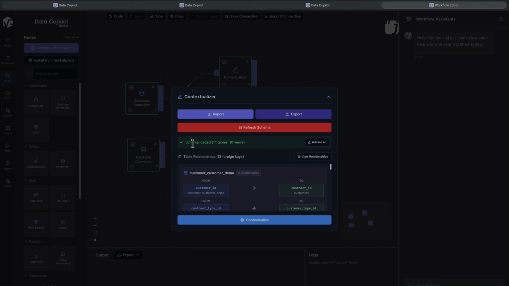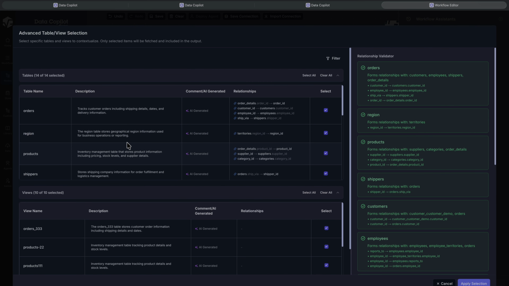Once you pull the database schema, you will see this green highlight saying the schema loaded, 14 tables and 10 views. You can go and click on the advanced button, and you will see some information here about the tables that are present in your data. Each one of these tables will have a table name, a description, and a comment or AI generated description of the table. So if you have comments in your database, it will pull the comments here. If not, it will generate a description based on the understanding, and it will pull all the relationships within that